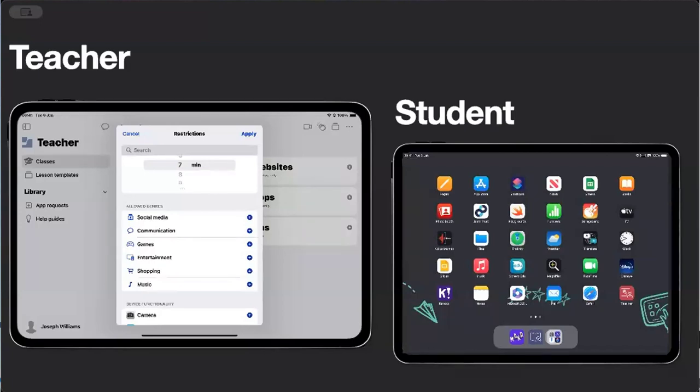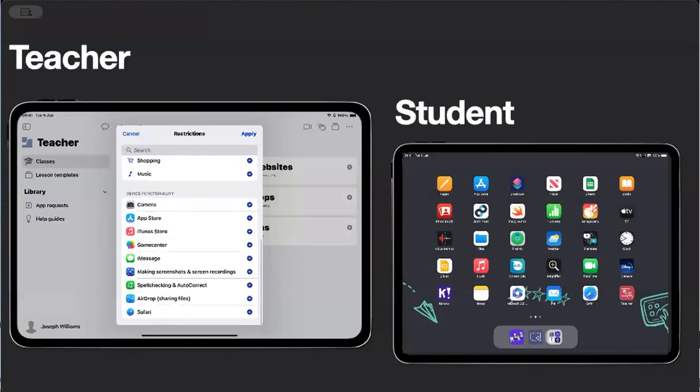But for educators, the critical ones to look at are the ones in the device functionality. First, the camera. This is a fantastic tool for students to use in the classroom, but it can also be a little bit of a distraction. Students somewhat like to take selfies. And so if we give them access to the camera, teachers can fear that it's going to be a distraction